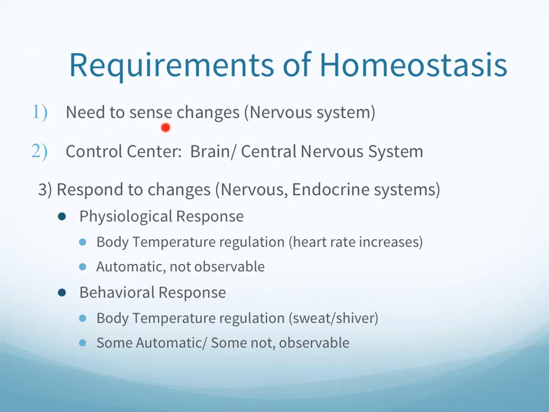One, an organism needs to be able to sense the changes. And of course, your nervous system and all of your senses. But going beyond that, there's internal sensors that need to be able to detect changes. Of course, then your control center is going to be like the processing of that. So somewhere in your brain or central nervous system, a body is going to sense the changes, but yet then know how to respond to those changes. So mostly the nervous system and the endocrine system, which regulates basically chemicals in the body, namely chemicals called hormones, but they respond to the changes.